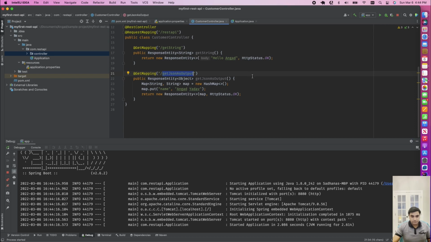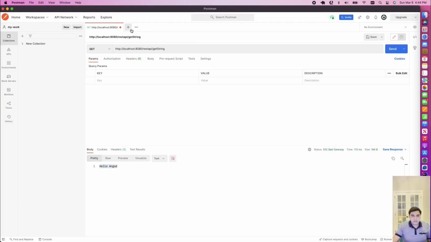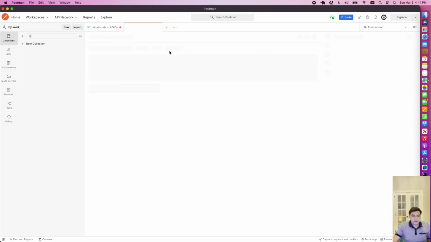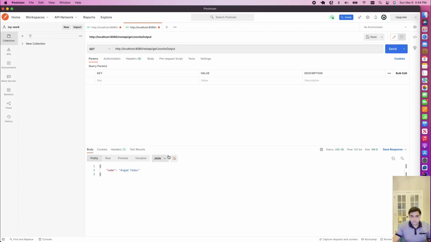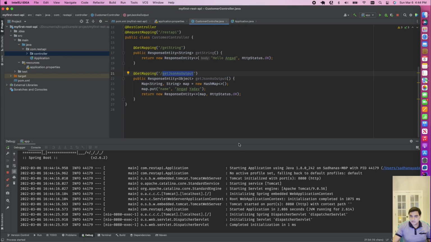I'll copy this because we need to call this method. I'll duplicate this one. I don't want to disrupt. Okay, get JSON as output. There you go. Name Angad, and this is my key. This is the value I'm having. Response status okay. I can add multiple things here like name, age,